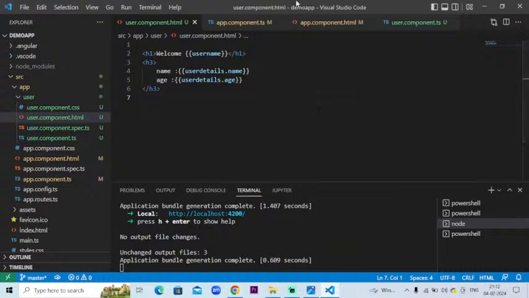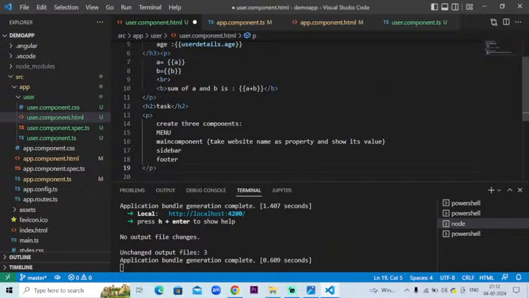Okay, so over here, this is the one thing, means how you are going to use the object. Okay, now let us see how we can use array. Okay, so how we can use array